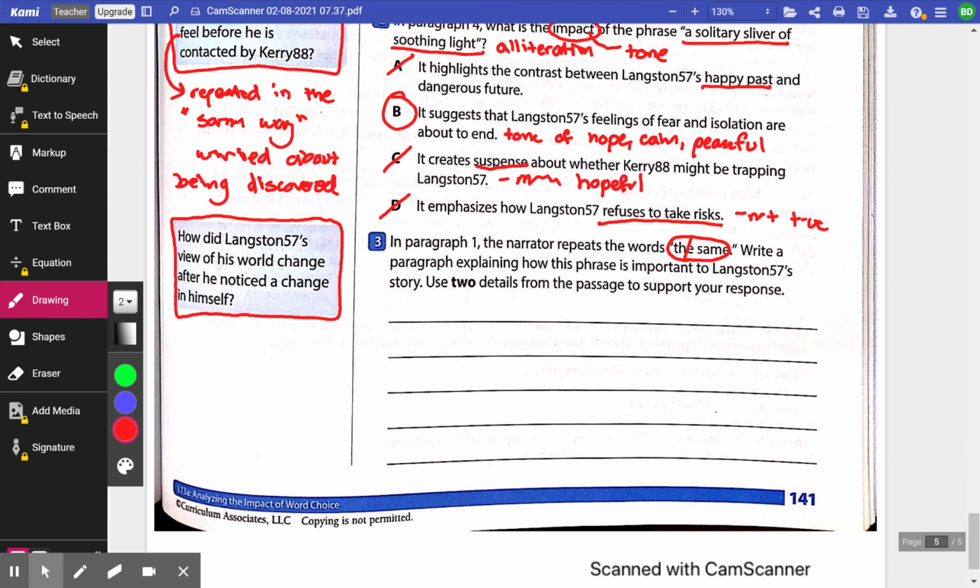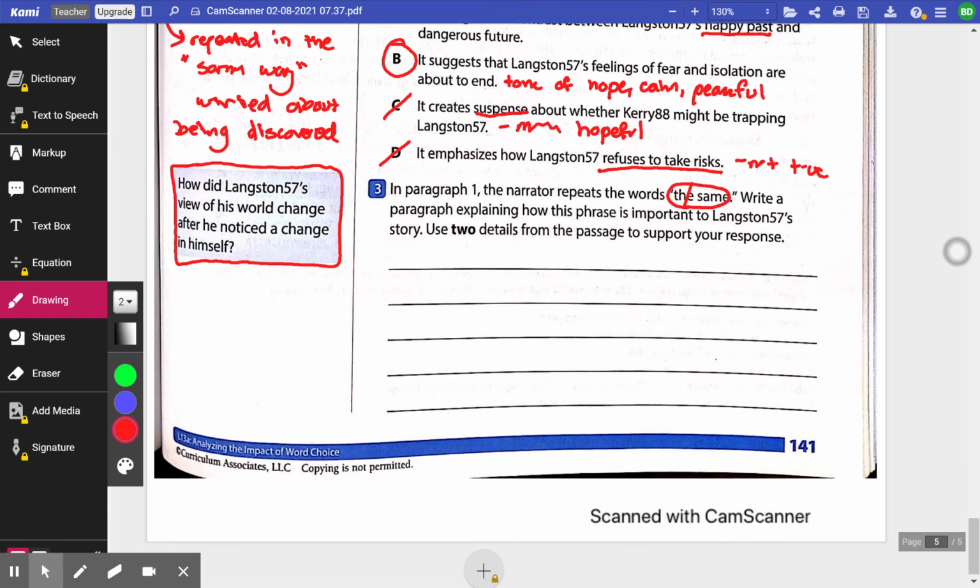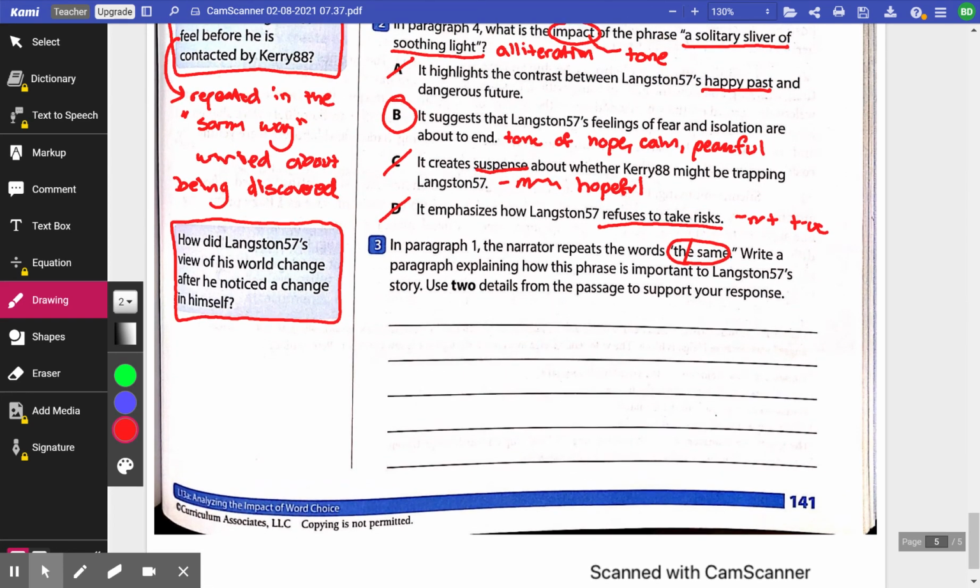All right, so I want you to think about your RACE strategy. I want you to respond to this writing prompt for me in a paragraph. Whenever you have this done, you can come back and we'll talk about my answer, but I want you to do yours first. If you don't have enough room in your Ready workbook, you are more than welcome to open up a clean sheet of notebook paper, and you can use that as well, and we can tape it into your source book if necessary. All right, guys, so go ahead and start writing. Pick up your pencil and see what you can come up with. Whenever you're finished, come back here and we will check your answer.